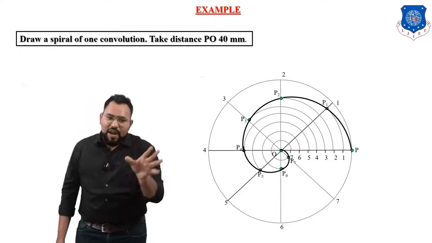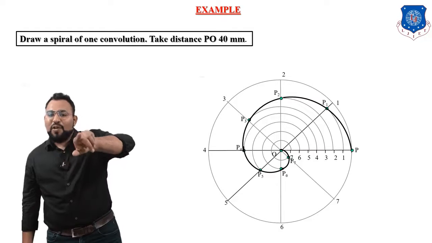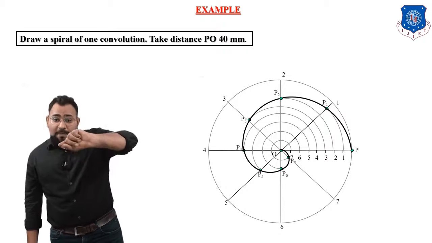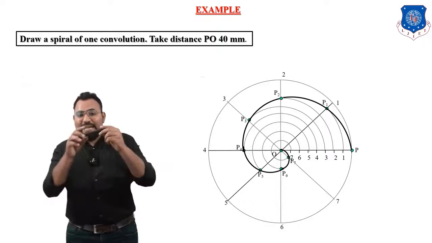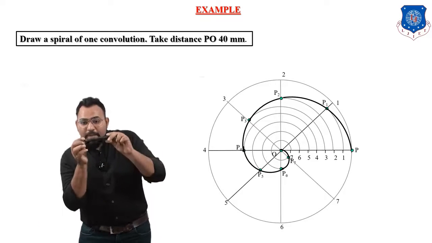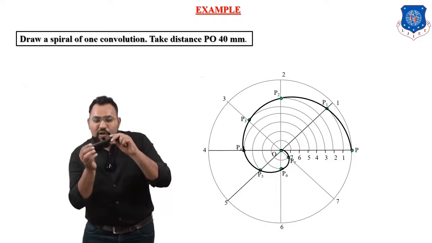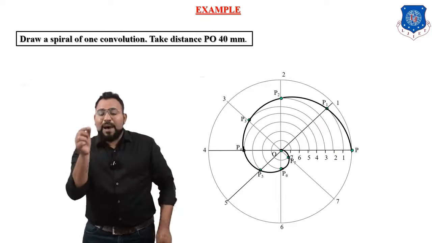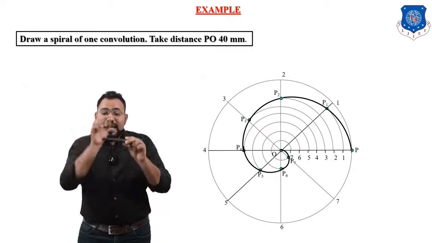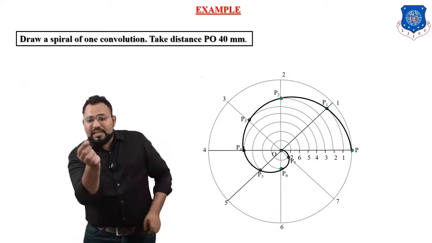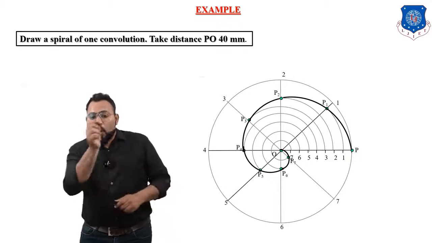So this is how we have drawn a one spiral. So what this curve shows? This curve shows that the point P is moving in this way, like this spiral way. Okay, as this line is revolving, the point P is also reaching towards the point O. So what it's showing? It's showing this curve. That means it's showing the path P. It shows the path followed by the point P as the line is revolving. So this is how point P is traveling and reaching to the point O.